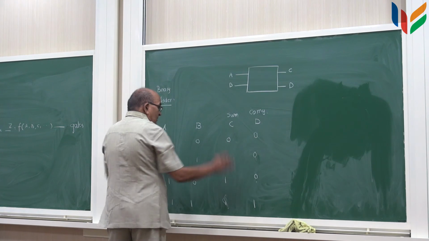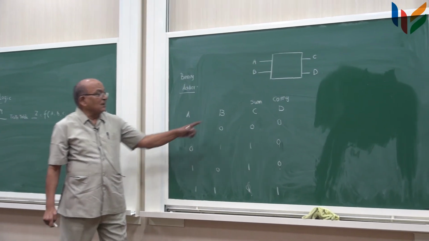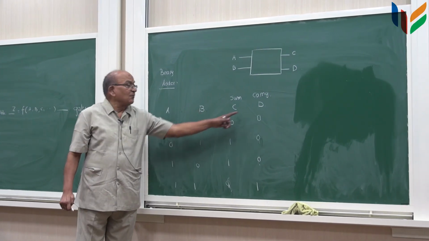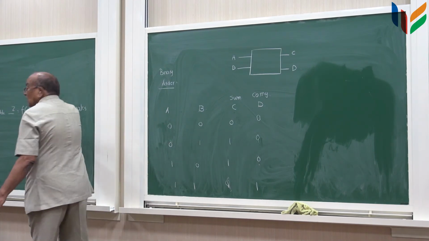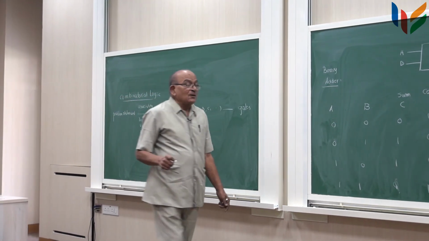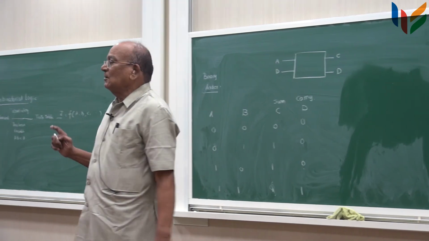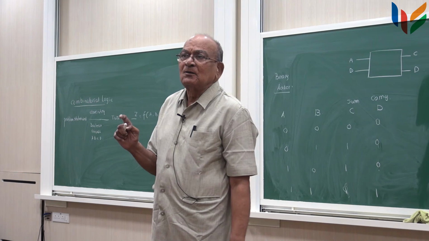So now once I know this is the rule of the game, then I need to write down an equation for C in terms of A and B, an equation for D in terms of A and B, which is this function here, the so-called Boolean function. How do you write that? I told you in the last class, look up those in the table which are ones and then try to write an equation for each one of those ones.